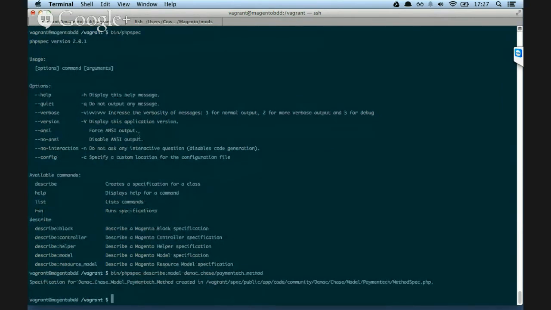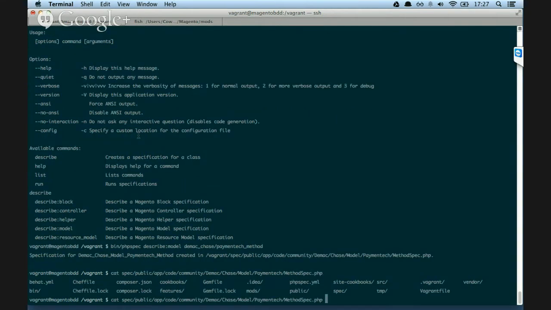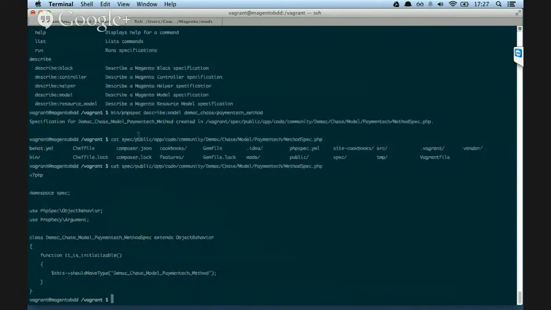Now that's going to generate a spec file under our public chase directory, which is just basically the skeleton for the test that we're going to run. And one of the things that is automatically added to each spec is checking that the actual class exists. So that's the